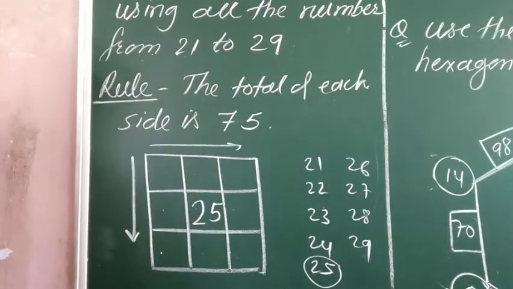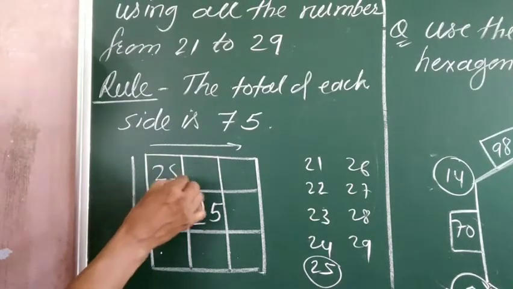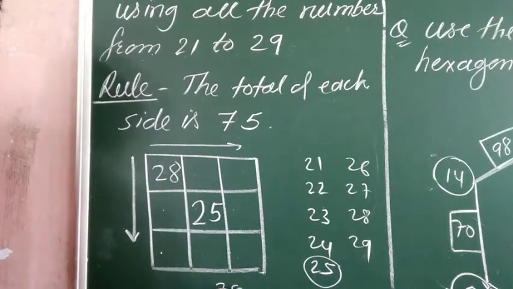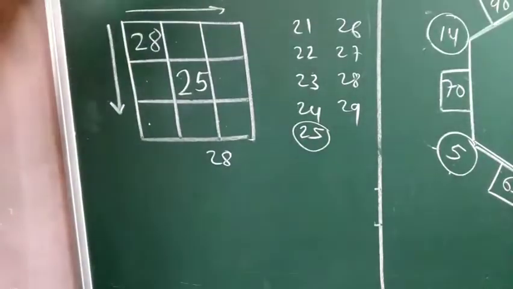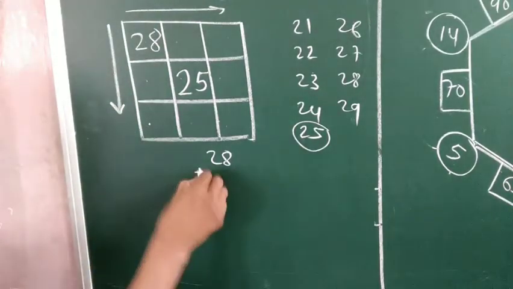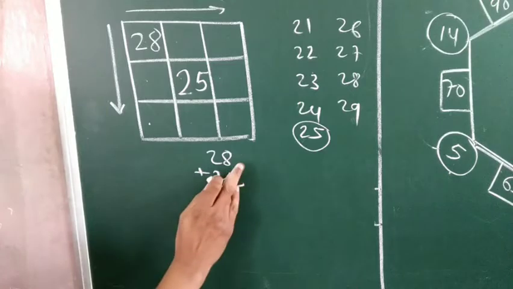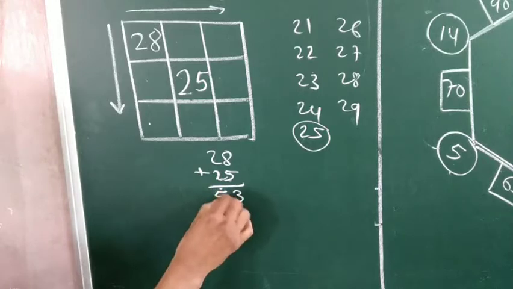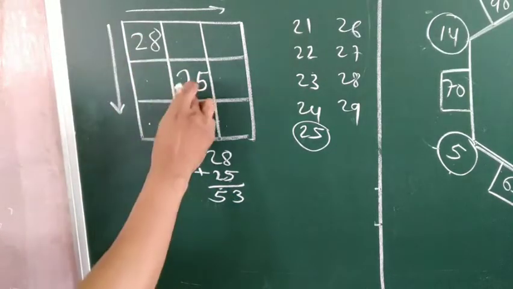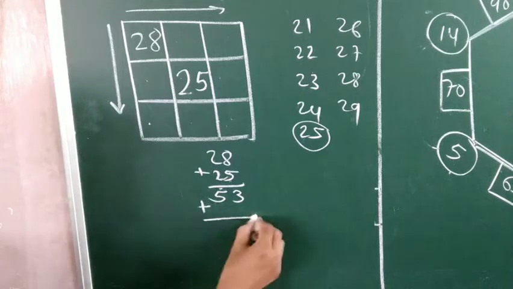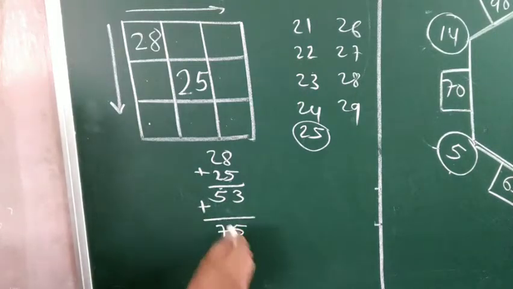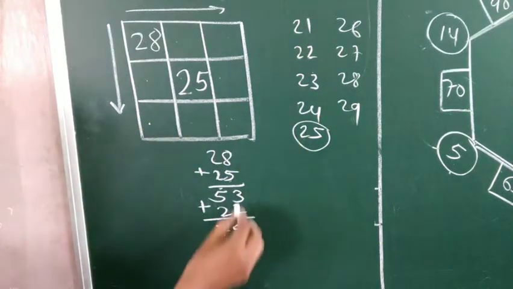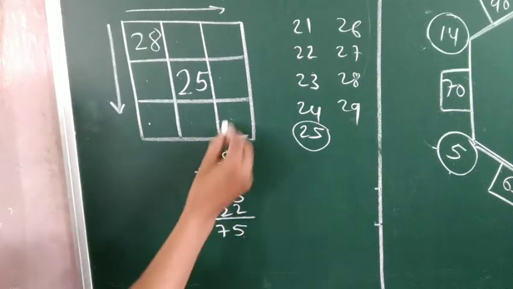देखिए ये आपका 25 है. चलिए अभी हम सबसे पहले यहाँ 28 लेते हैं. अगर हमने यहाँ पर 28 लिया है तो क्या होता है यहाँ पर? It is 28 then this 25. ऐड करके देखिए दोनों को. 8 plus 5, 13, carry 1, 2 plus 2, 4 plus 1, 5. 53 हुआ है. Now अब इन दोनों का 53 हुआ तो what number should be here? Which number do we have to add to make 75 here? I think it should be 22. करके देखिए तो 3 plus 2, 5, 5 plus 2, 7. It is 22.